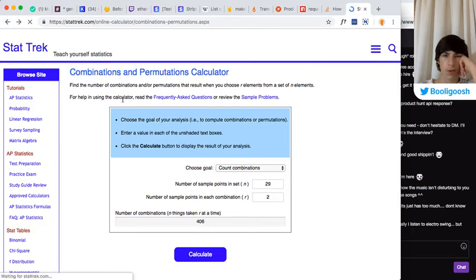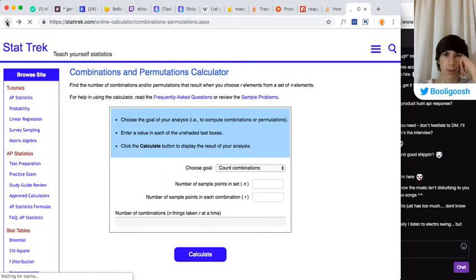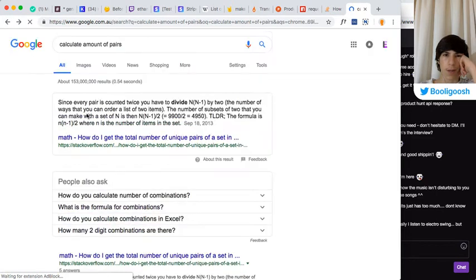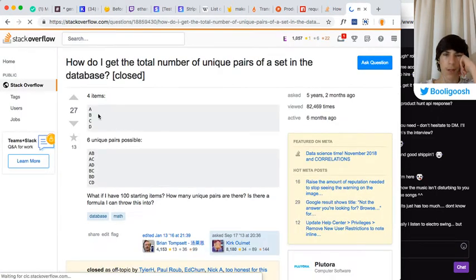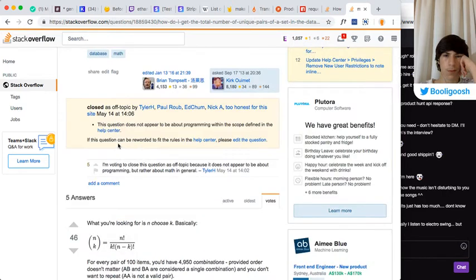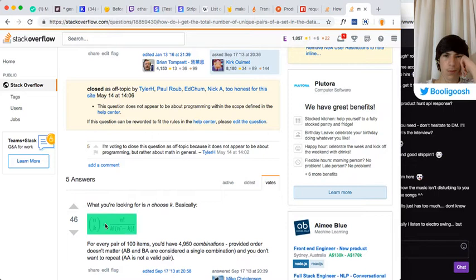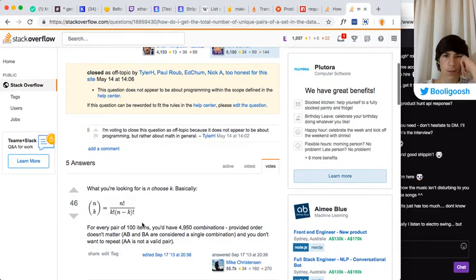What I should do maybe is have a look at this maths Stack Overflow thing, maybe I can find a better formula. What does this mean?